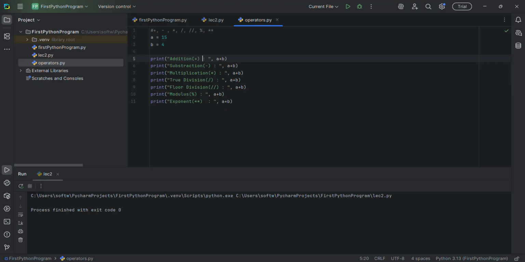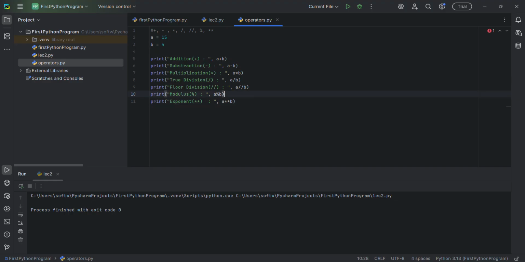And now let's apply them on these two variables. One is a minus b, a multiply b, a divide by b, a double divide by b, a modulus b, and